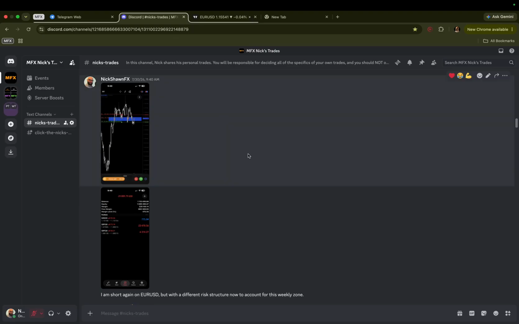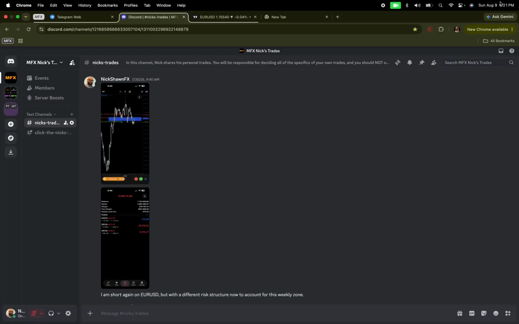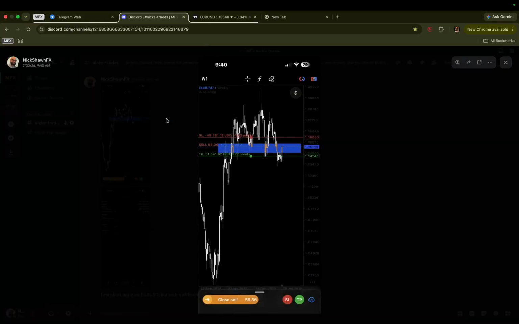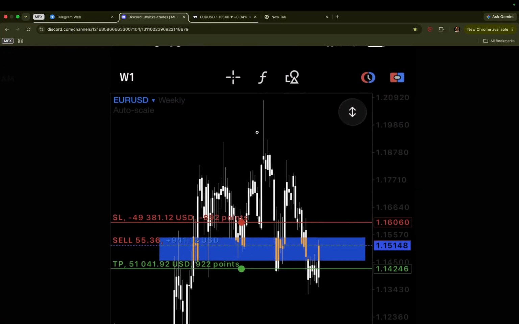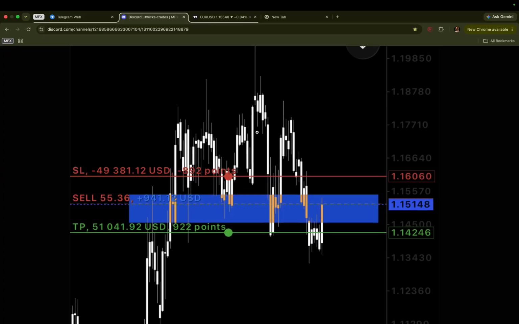Now I want to go through this with you step by step. This was on July 30th at 9:40 a.m. Central Standard Time. It's currently August 9th right now. So this is about a week and a half ago. I called this trade in my trading group, in my Discord server, and this is what it looked like the moment I entered. I was risking $50,000 on this first entry